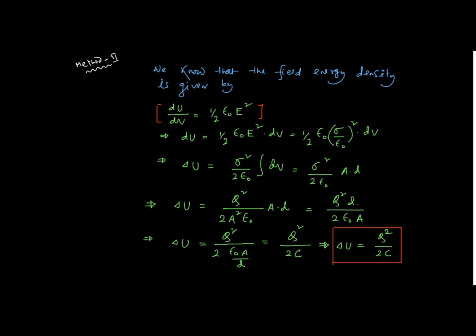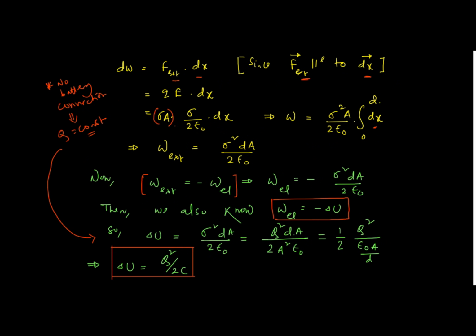If I integrate, it will become half epsilon naught E, where E is now the electric field trapped, that is sigma by epsilon naught whole square into dV, because you have to be careful. In the previous case, I was taking this is the charge and it was getting a force of attraction with this. So Q into E due to one plate. That's why this term was sigma by 2 epsilon naught. If you notice here, sigma by 2 epsilon naught.